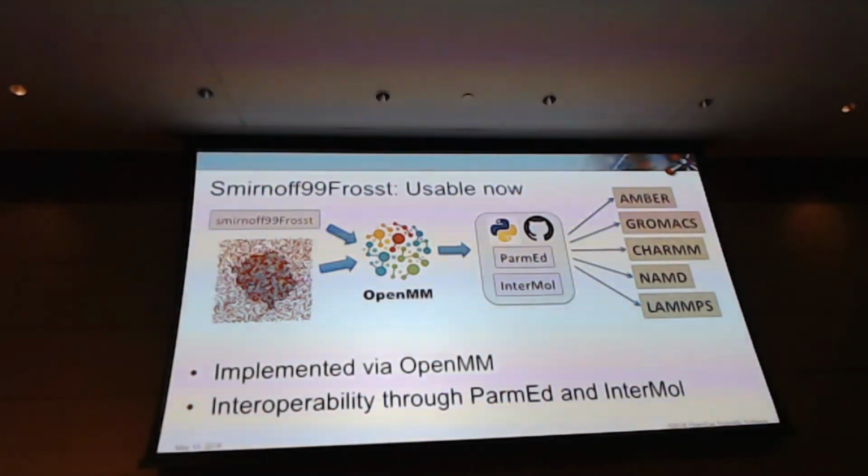So how do we use this and who can use this? Well, you have the SMIRNOFF 99 Frosst, you have this XML file that expresses the force field going into OpenMM on the one hand, your system going into OpenMM on the other hand, and you produce an OpenMM object. Well, not all of us want to use OpenMM to do our simulation, but fortunately with Python modules and GitHub, through either ParmEd or InterMol, both available as Python modules through GitHub, you can take this OpenMM system and translate it into input files for any of these